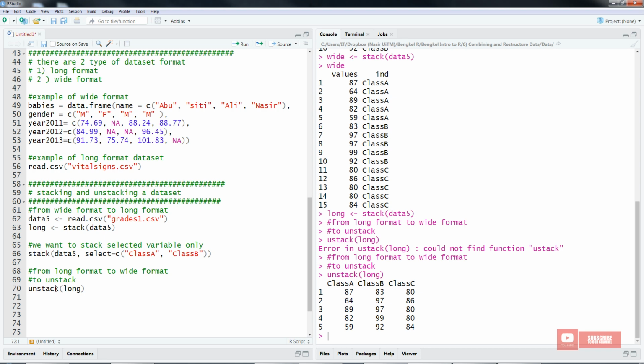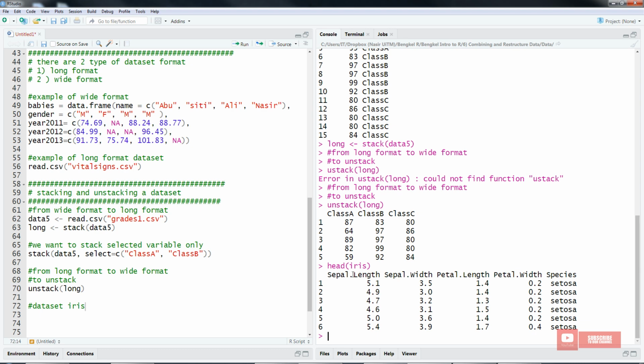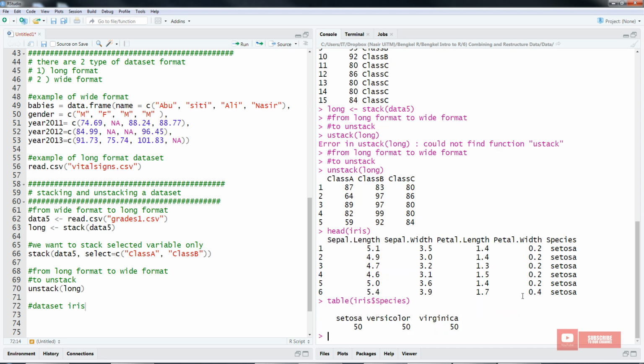So for example, let's look at another one. Let's look at the dataset iris. Let's say head iris. So we have sepal length, sepal width, petal length, and petal width, and it also consists of species. In species, let's say table iris species, we have basically three types of species, right? So now, what I want to do is I want to